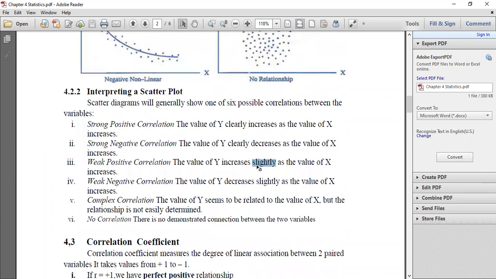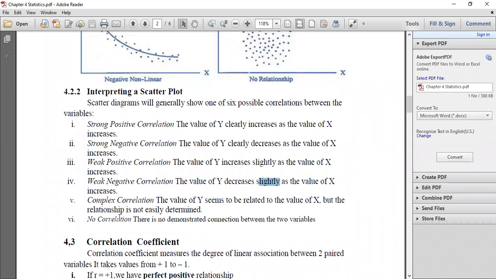So here we use the term slightly. Y increases slightly as the value of x increases. Then the weak negative, again, the decrease. So we have a slight decrease as x increases. But then we have a complex correlation. The value of y seems to be related to the value of x, but no relationship